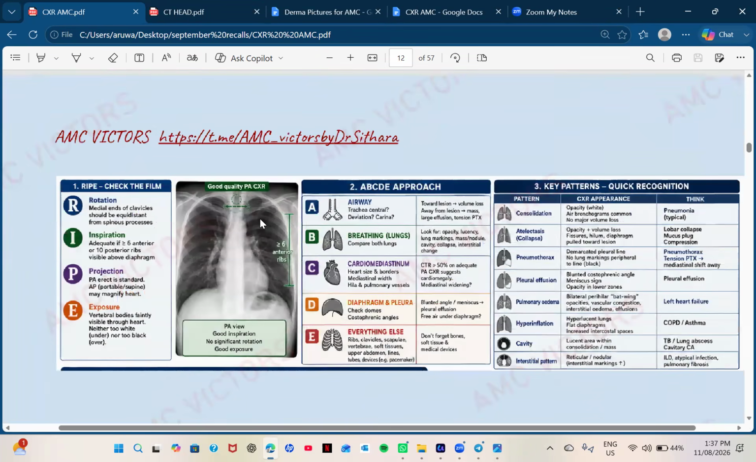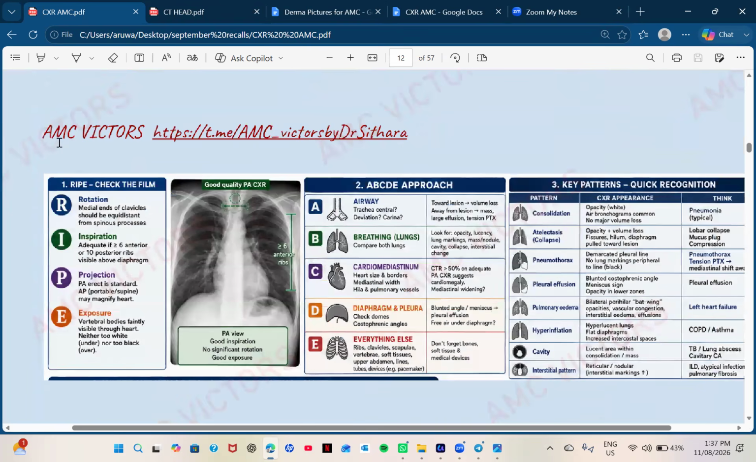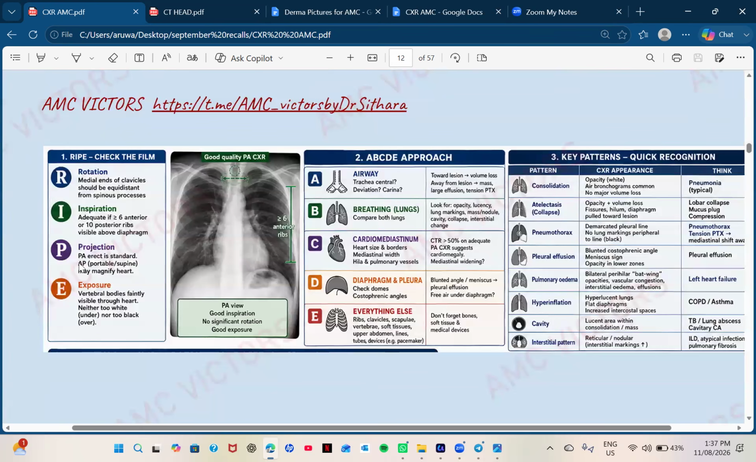How do you check the film first? You have to understand the rotation, the inspiration, the projection and the exposure. Rotation means the medial end of the clavicle should be equidistant from the spinous process. Inspiration is adequate if six or more anterior or ten posterior ribs are visible above the diaphragm. For projection, PA erect is standard; AP portable supine may magnify the